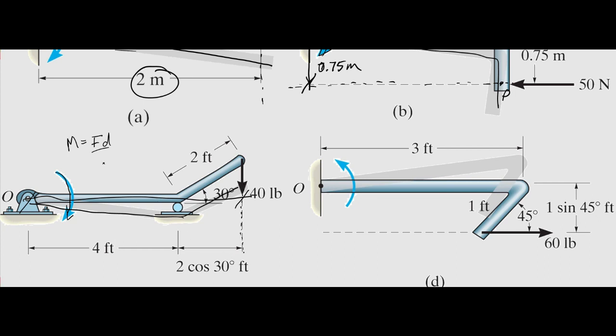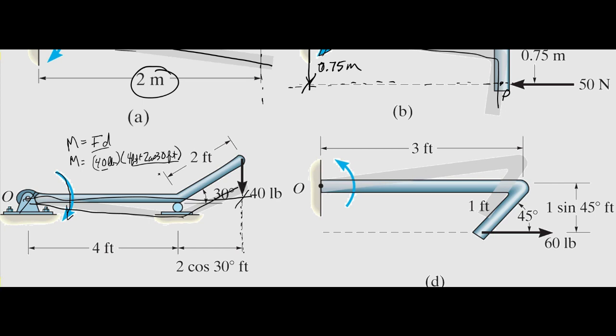So this would be the moment is equal to 40 pounds times (4 feet plus 2 cosine 30) feet. All right, so there's force times a distance. Now it's still nice to give which direction it's in, and you know that if you take that moment